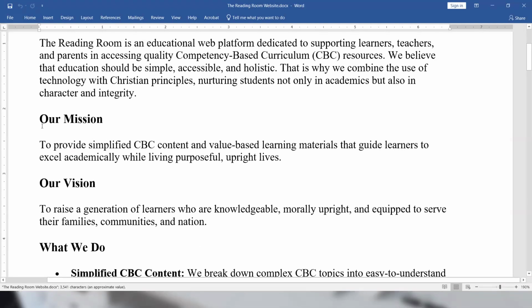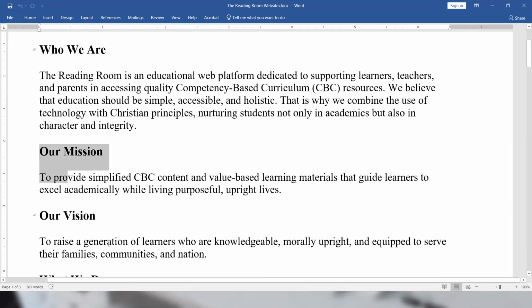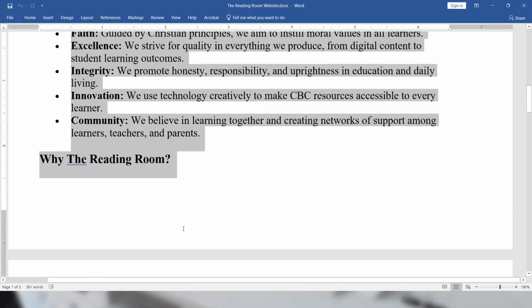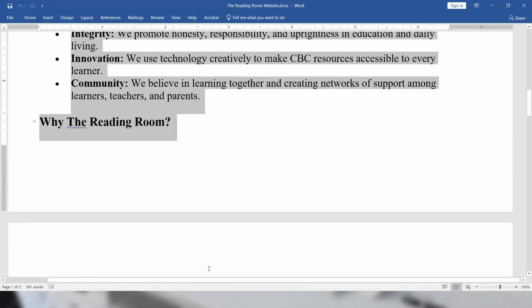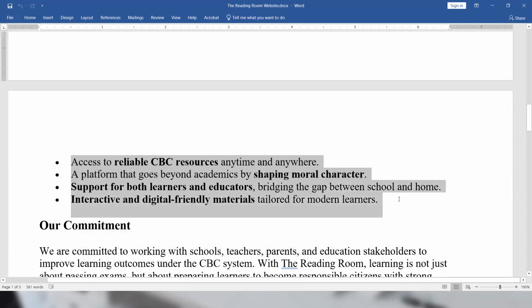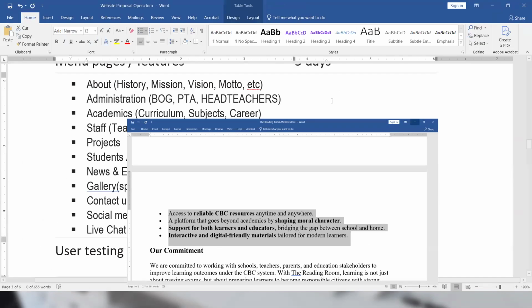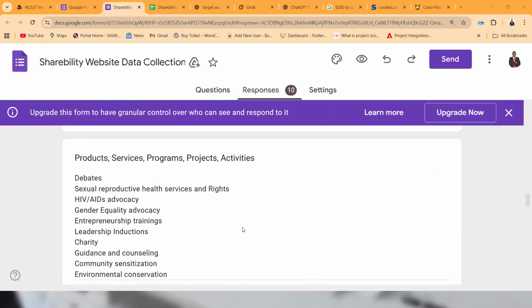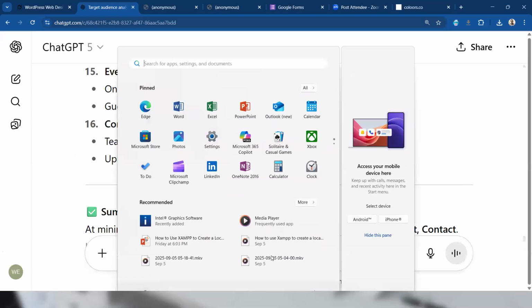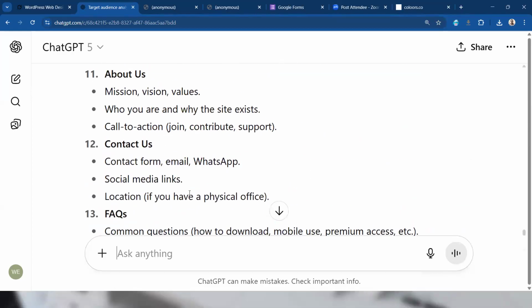So I'm going to copy this content. Copy the content you've prepared, go back to your AI prompts, which you are making, because it has already suggested